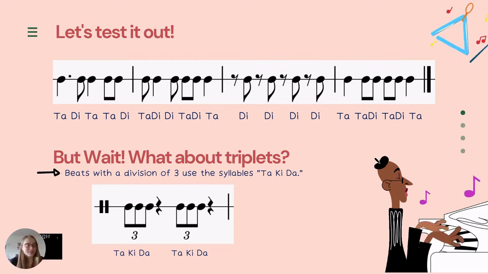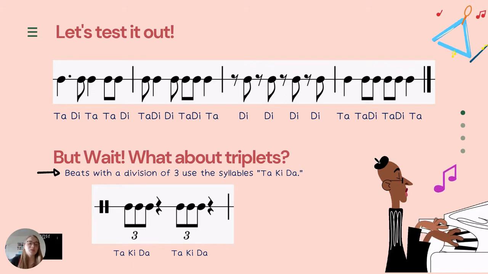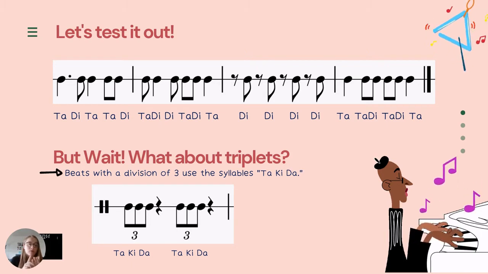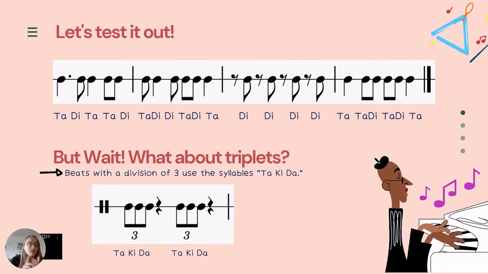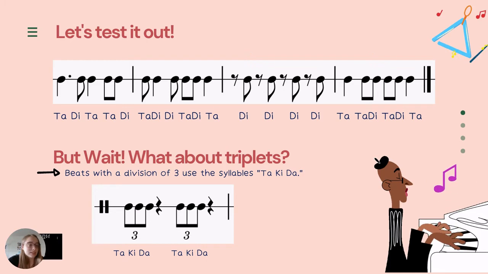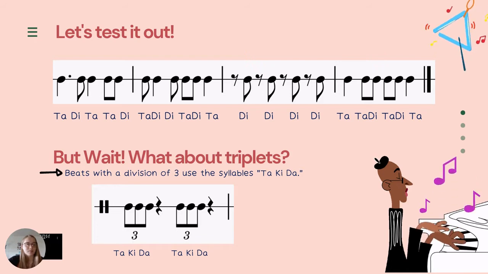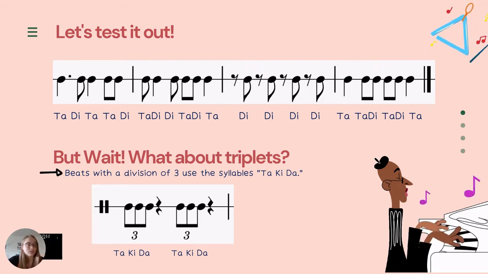What about triplets? So, triplets are beats with a division of 3. So here we have quarter note triplets. That means there's going to be three notes in a beat. So we dictate these with TaKaDiMi. Say that with me. TaKaDiMi. TaKaDiMi. So if we were going to syllabize this measure here, that would be, here we go, 3, 4, TaKaDiMi,